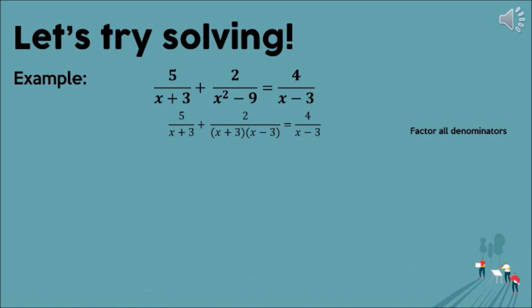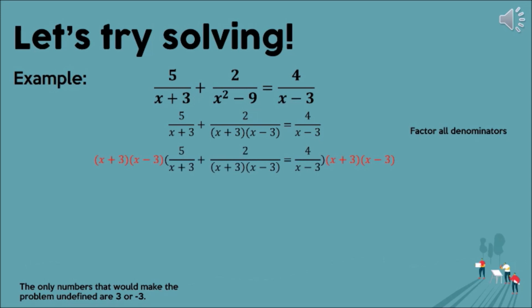Now let us identify the restrictions. Only 3 and negative 3 will make this problem undefined, so our answer can't be one of these. Next, the LCD is already evident by looking at the problem, which is x plus 3 times x minus 3. Multiply it to both sides now. x plus 3 times x minus 3 times 5 over x plus 3, cancel x plus 3,